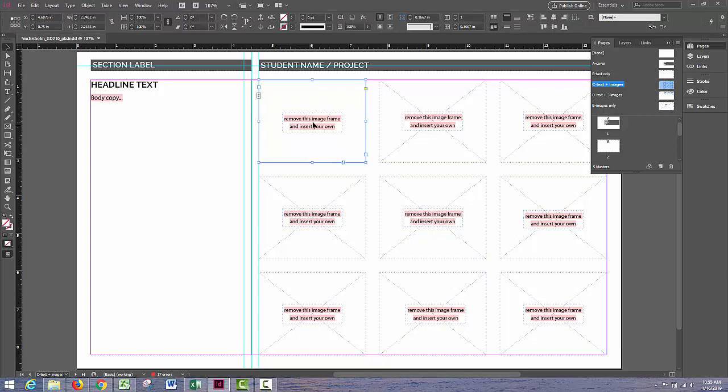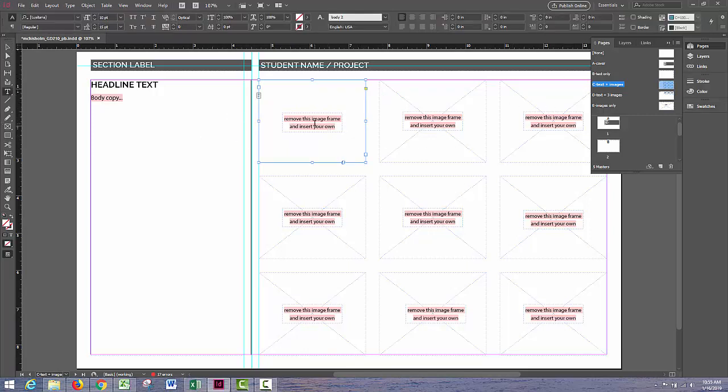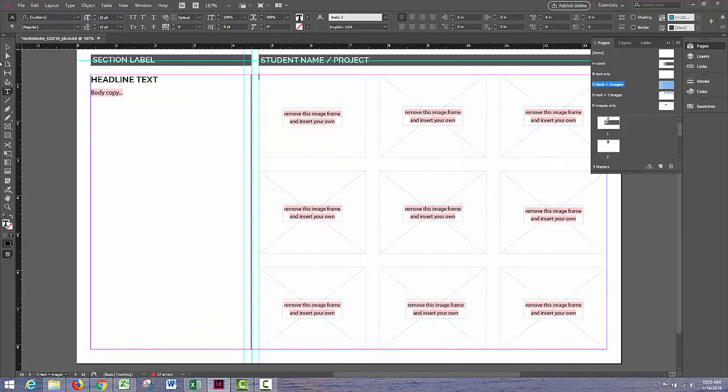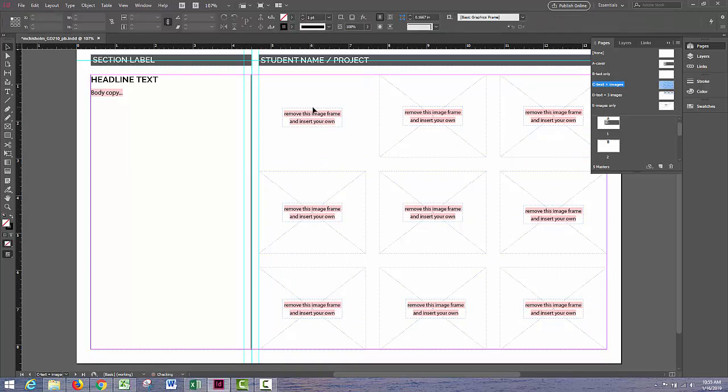All right, so remove this image. Why is this text not going away? It says remove this image frame and insert your own. Okay, so let's remove that image frame. What we have to do is say delete. Ah, it's underneath. Okay, so now we have to submit our own, and that's